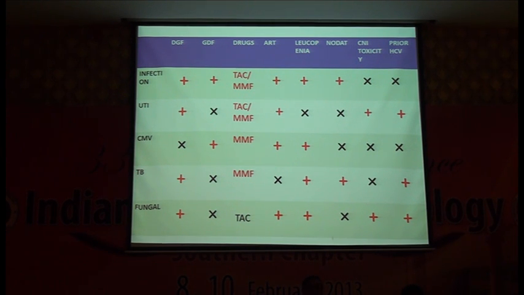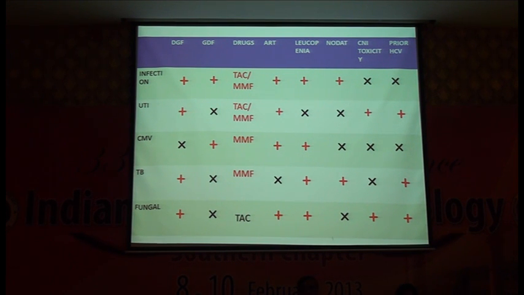And for UTI, serum toxicity and usage of tacrolimus, MMF, and allograft are the significant risk factors. And for CMV, graft dysfunction, usage of mycophenolate mofetil, anti-rejection therapy, and leukopenia are the noted risk factors. And for tuberculosis, leukopenia, NODAD and prior HCV infection are the risk factors. And for fungal infections, delayed graft function,